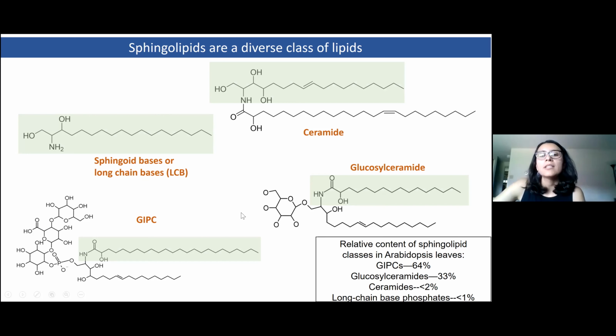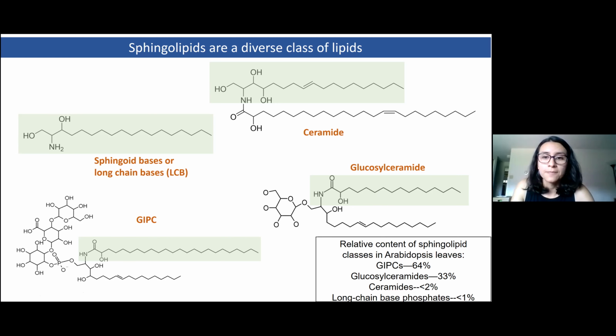But then, as you can see here, they also vary and they have different head groups. For example, this has a glucose, like a carbohydrate, but some others can get very complex, and that also affects how they perform different functions in the cell. Studies done in Arabidopsis thaliana show that these more complex sphingolipids, the ones with very polar head groups, are highly represented in leaves, around 64% for this specific class, followed by this other one at 33%. And these other classes of lipids, ceramides and long chain bases, are typically found in very low